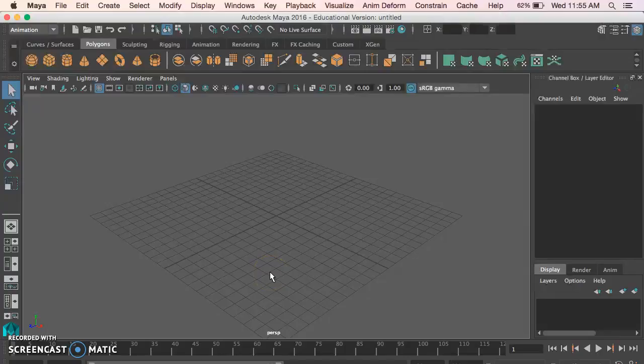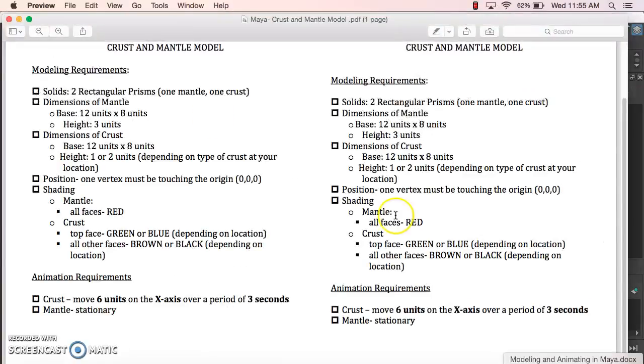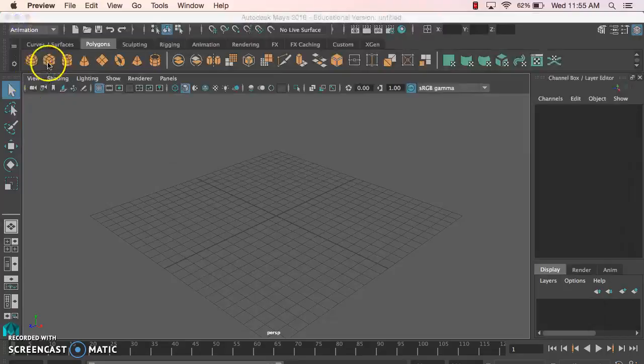This is the Maya user interface, and the first thing we're going to do is make 2 rectangular prisms, because on our criteria list it says we need to have a rectangular prism for the crust and a rectangular prism for the mantle. And the way that we do that is by going up here to our polygon solids,